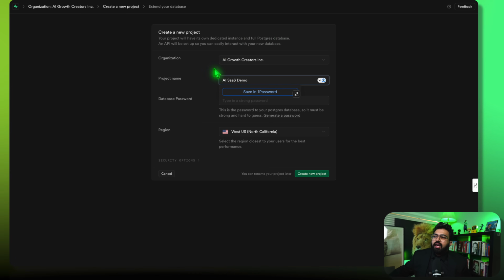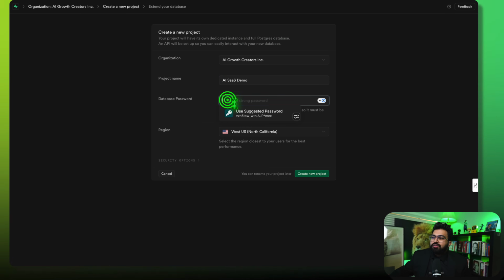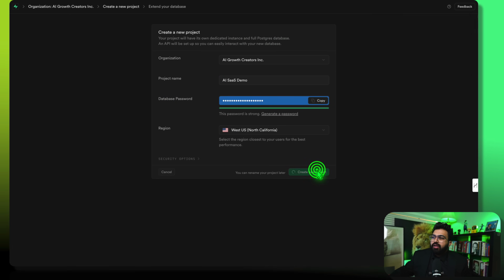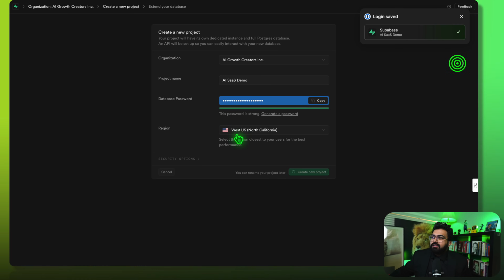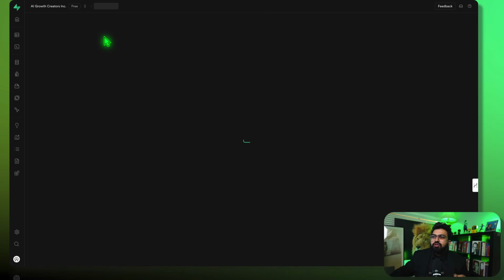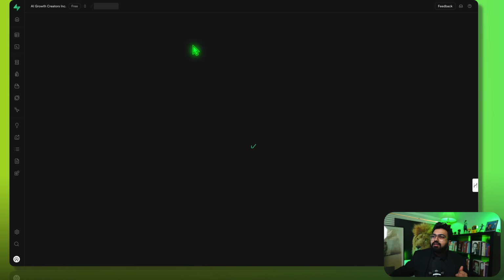I think I already have an AI SaaS. So for a strong password, just use something and create a new project. You can save it. Once you create the project, the home page that you would see right after will have a URL and an API key. You need to copy that. I don't know why it's taking unusually longer. Just give it 1 second while we